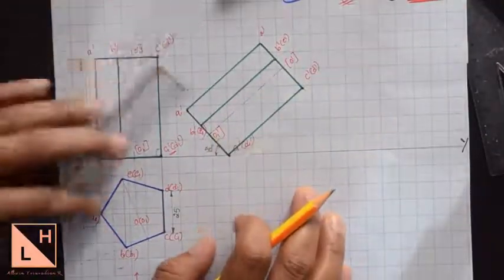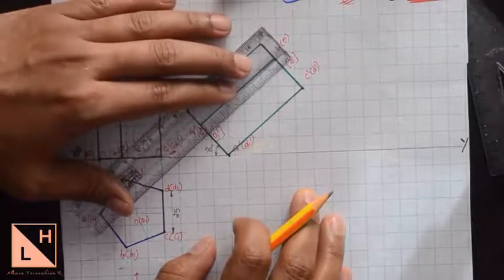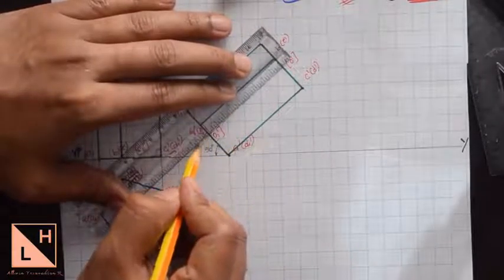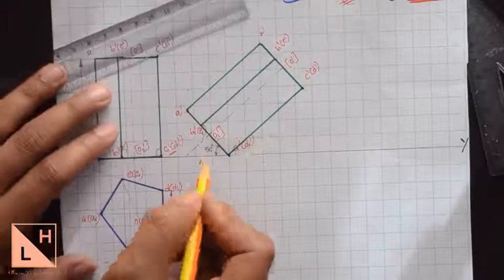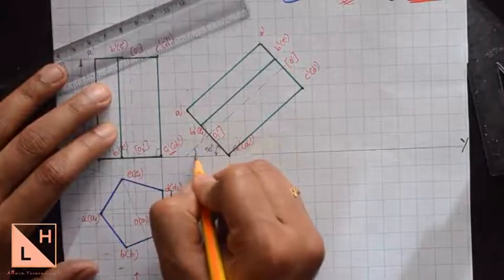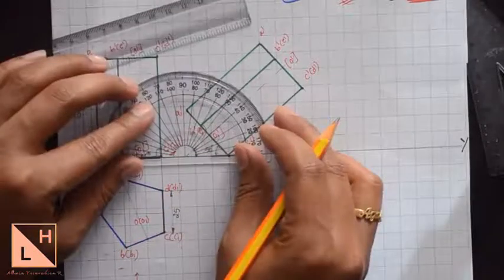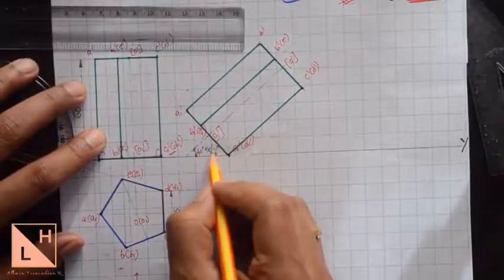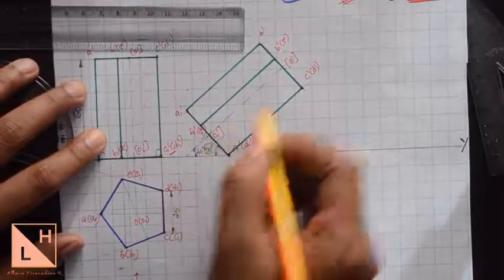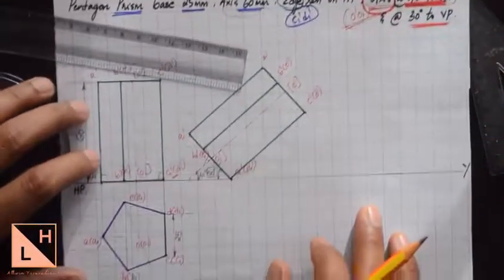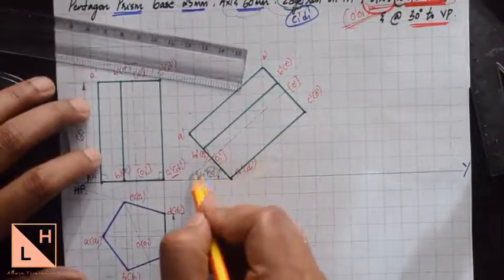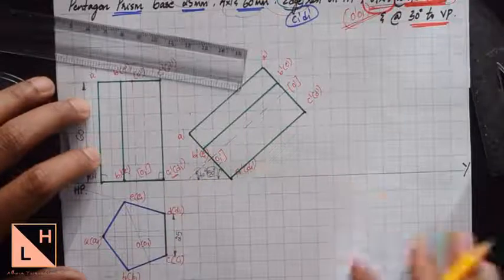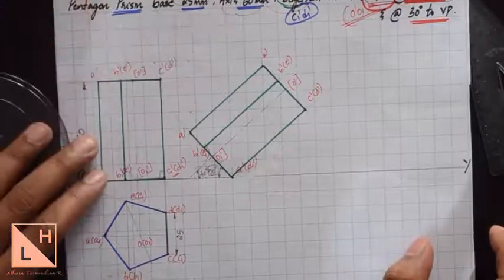If you just extend this axis line till the XY line and measure the angle between the axis line and the XY line, you will find this angle as 40 degrees. So if you incline the base at 90 minus the angle that is required, we will get the axis inclined at the angle that is required, that is 40 degrees. That completes the second position, front view.